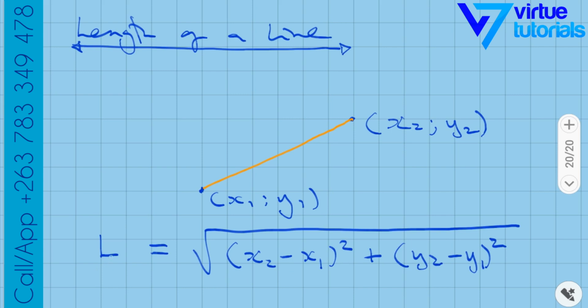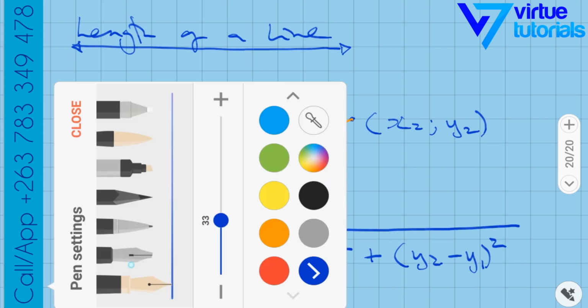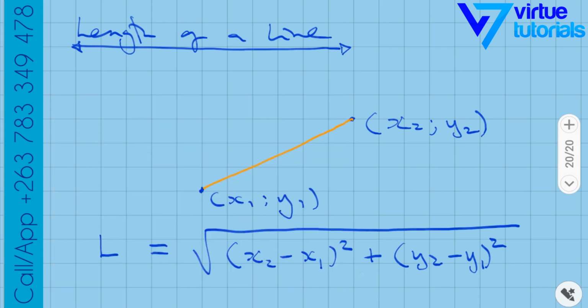So length of that line will be given by difference in x values squared plus difference in y values squared, and then you square root. Right? So this is the formula. We're going to use it. But for those of you who want to understand where this comes from